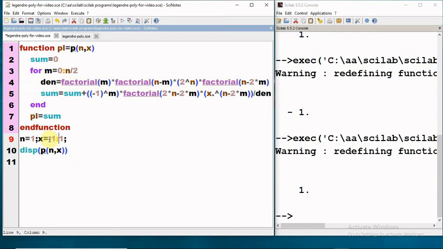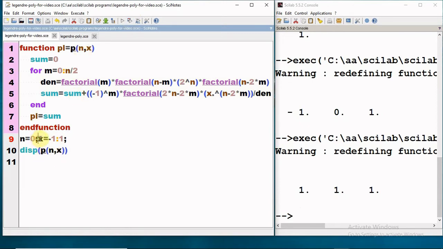If I pass x, x now becomes a vector and it will take the values -1, 0 and 1. So if n is 1, the value of the Legendre polynomial should be equal to x and we are getting -1, 0 and 1. Let us try with n equal to 0. We should get all 1, so we are getting 1. So we can pass either a scalar or a vector into the function which we have defined.